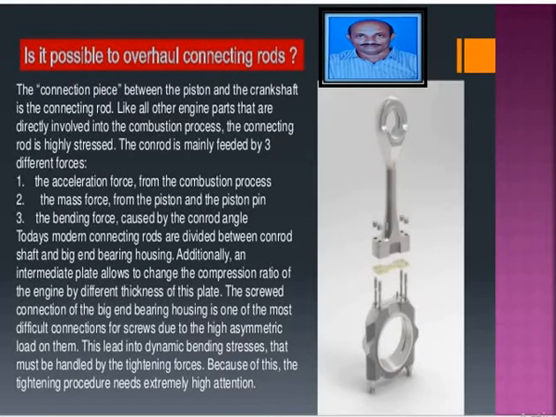We also consider this compression ratio in the cylinder volume and other things. Even in modern engines, we consider the thickness of the plate also. And the difficulty with this connecting rod is the screws, due to high dynamic load,